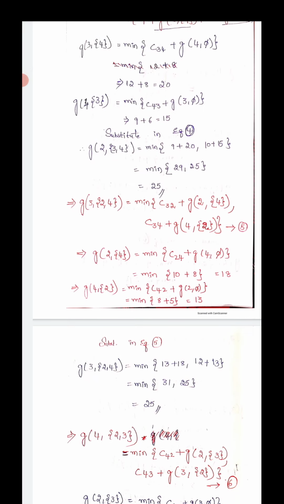We need to add the minimum of 10 plus 8, that is equal to 18. Okay, now we can calculate g of 4 comma 2. By using equation 2 we need to find the minimum of c suffix ij, in this i in the sense starting vertex 4, j in the sense other than the starting vertex 2, plus g of j in the sense 2 comma set in the sense 2 minus j, 2 minus j gets cancelled, we get 5. Value we can get the minimum of c suffix 4 comma 2, how much?